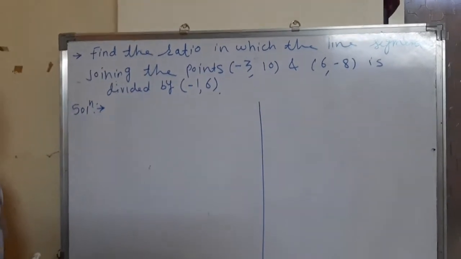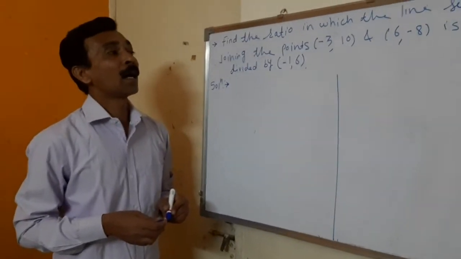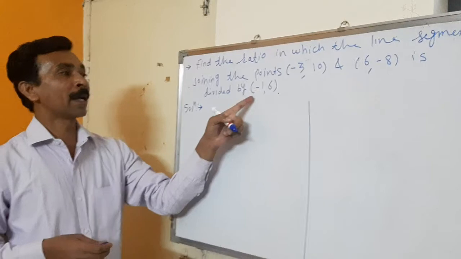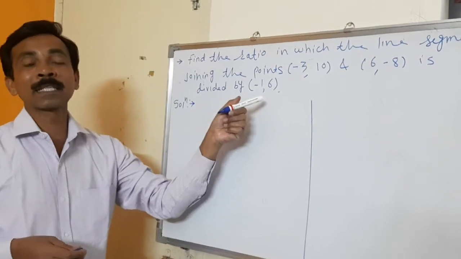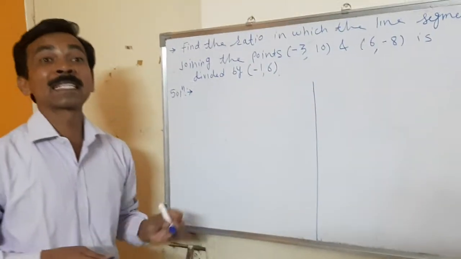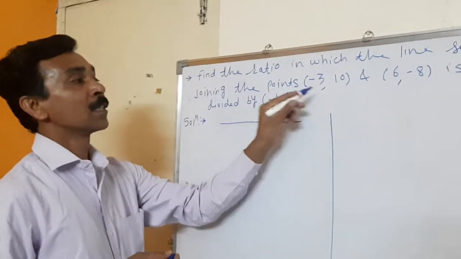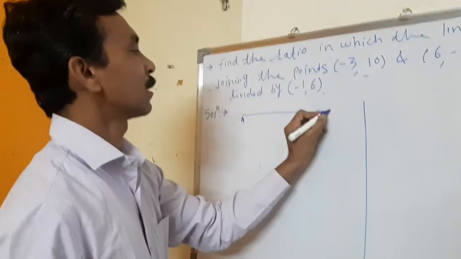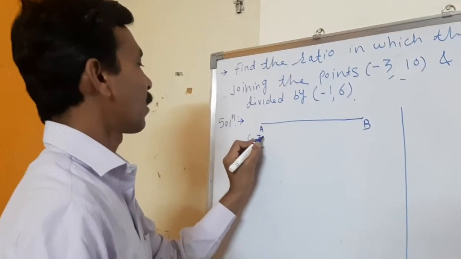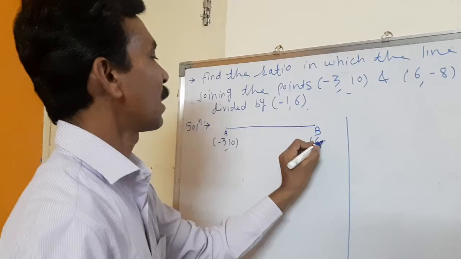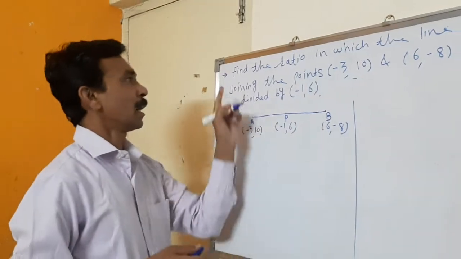The next one is find the ratio in which the line segment joining the points minus 3, 10 and 6, minus 8 is divided by minus 1, 6. Now see this. The word used is divided by minus 1, 6. It means these are the values of x and y. After drawing the figure you will come to know. Again I repeat, when the word comes joining the points, these two brackets go at the two end corners. You can name it as AB, XY, YZ, anything. Minus 3, 10 and this is 6, minus 8 is divided by minus 1, 6 and we have to find